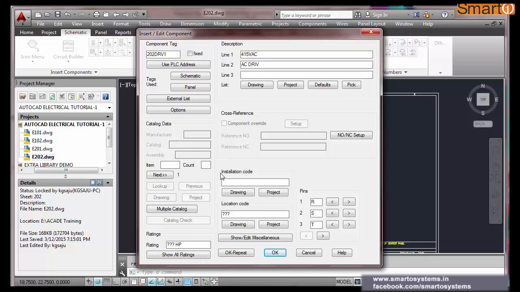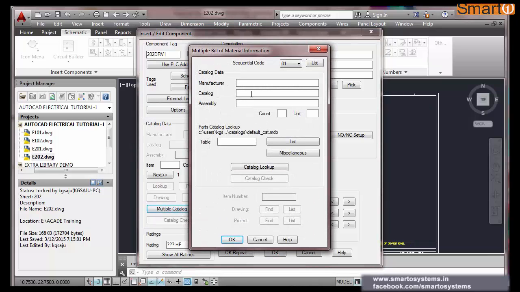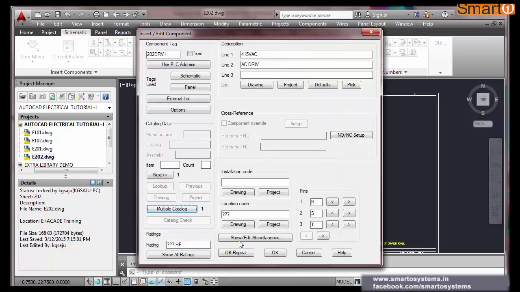And if you know the manufacturer, I have not mentioned any manufacturer. If you want, you can pick it here, drive manufacturer. These many options are here; you can pick any option. Option 1, manufacturer. If I am putting ABB, and if you know the catalog number, you can put the catalog number, count 1.